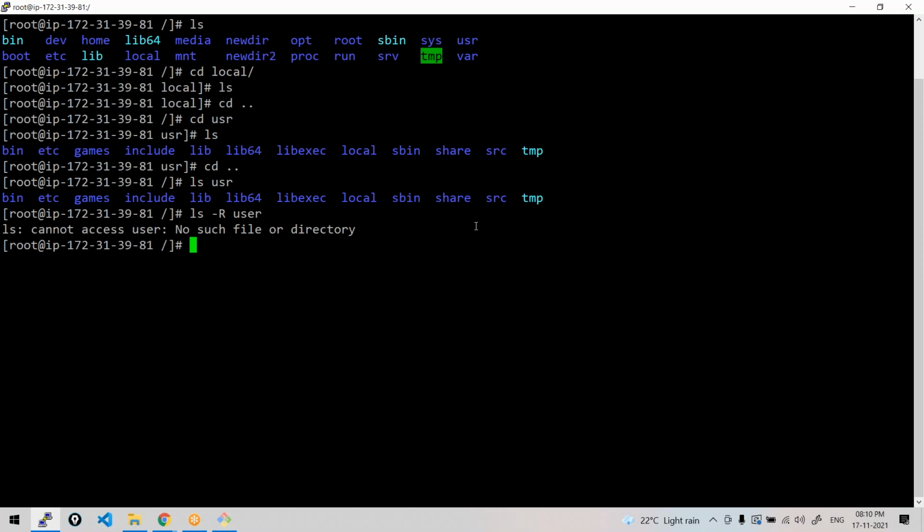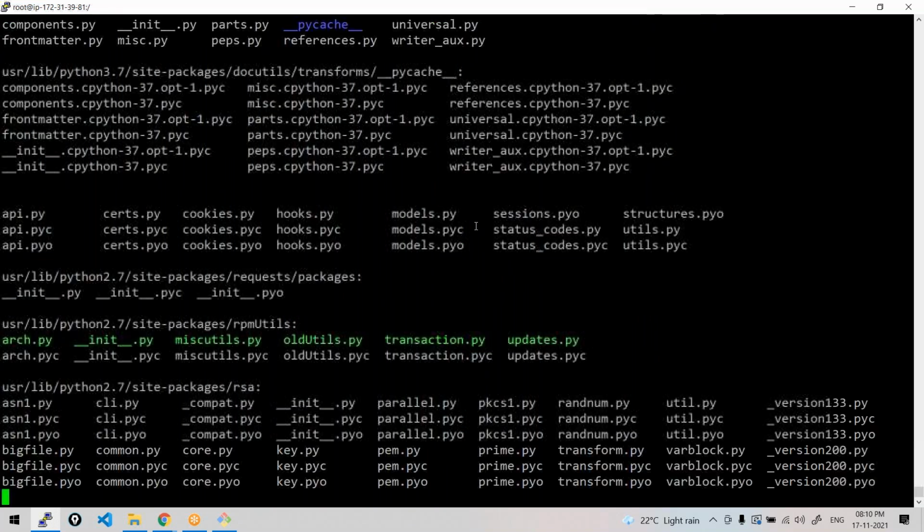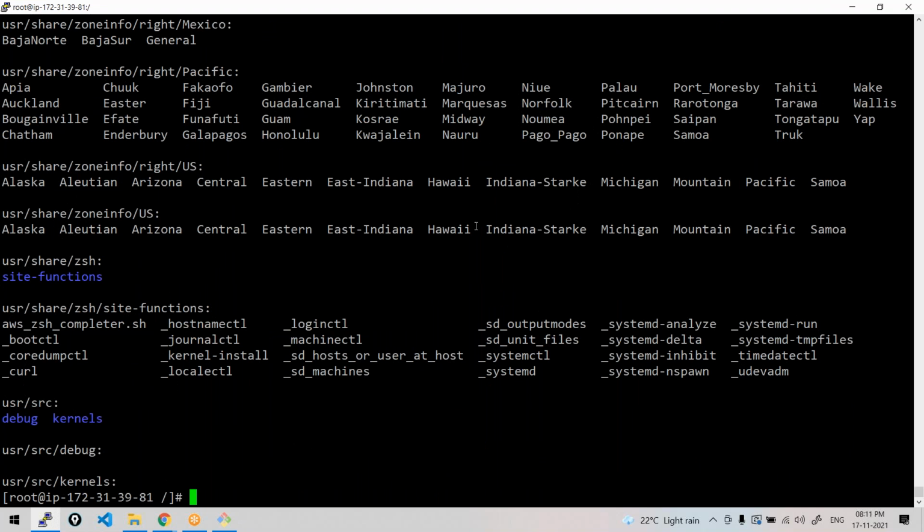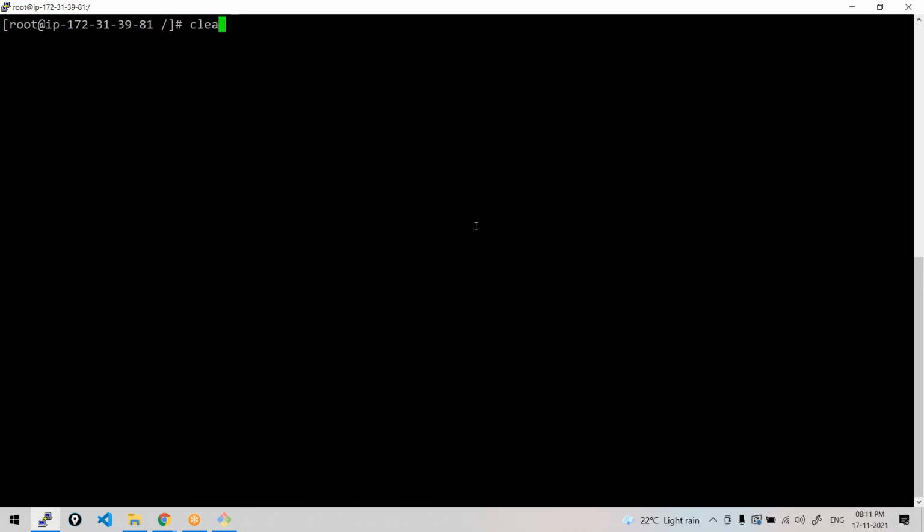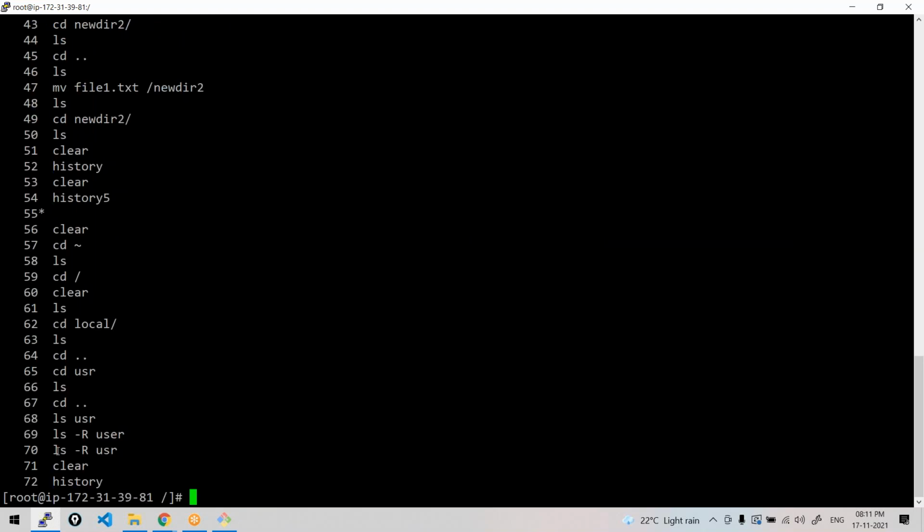Cannot access. Oh, sorry, the directory name is usr. See, there are a lot of things. Understood what it is showing? Let me show you once again. Okay, this is the command. ls -R means it will also display the content of the subdirectories and folders.